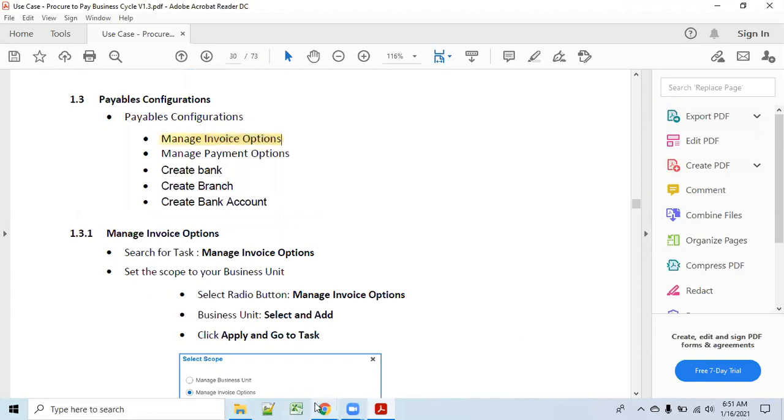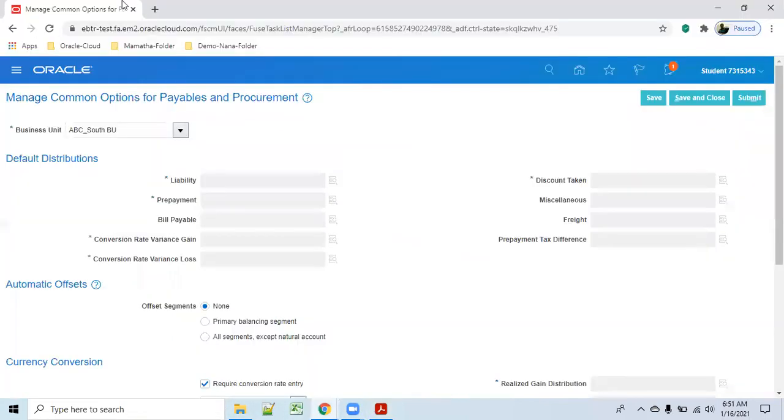Why is it not working? Let us go to my machine.